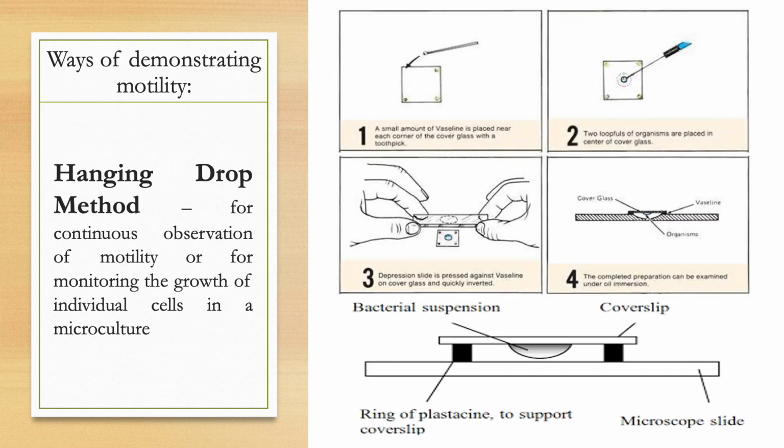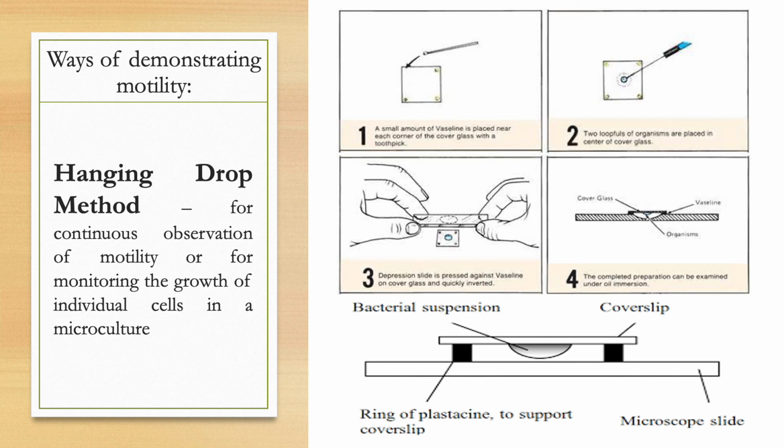So let's look at some methods to detect motility. The first one is through the hanging drop method. So this method is used for the continuous observation of motility or for monitoring the growth of individual cells in a microculture. So to do this, you simply have your cover slip and you place